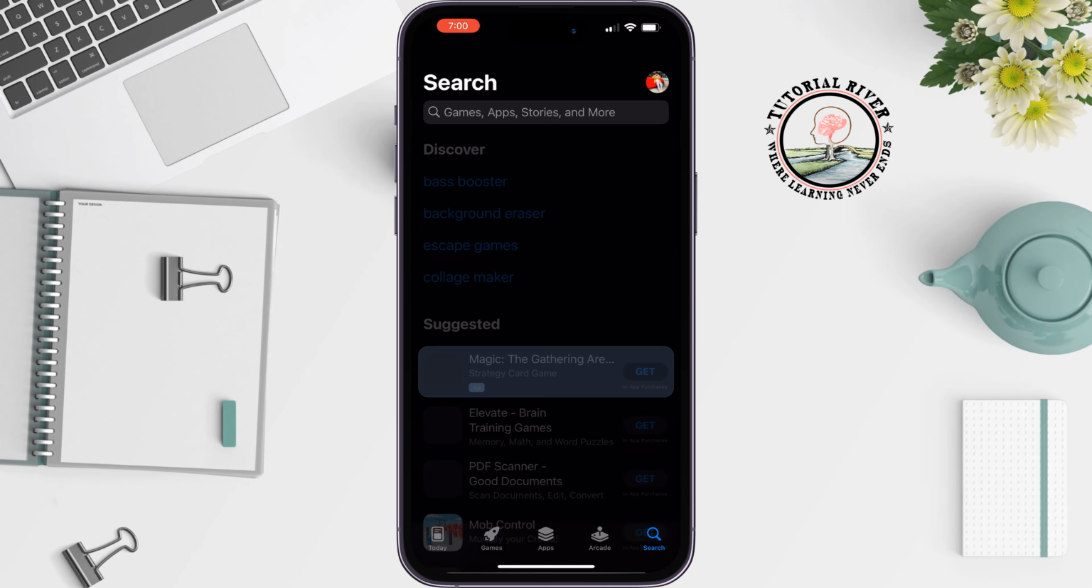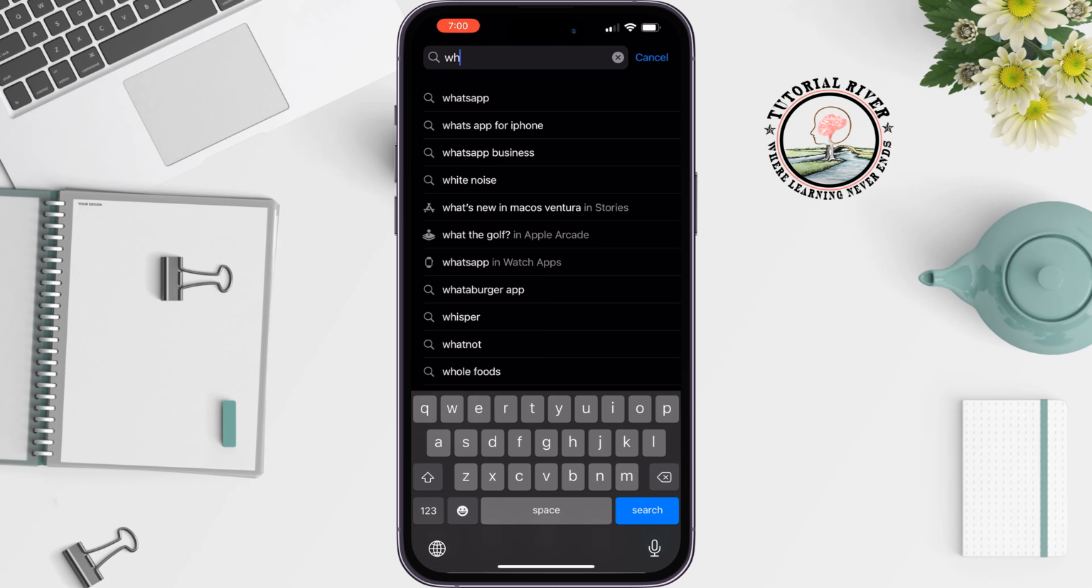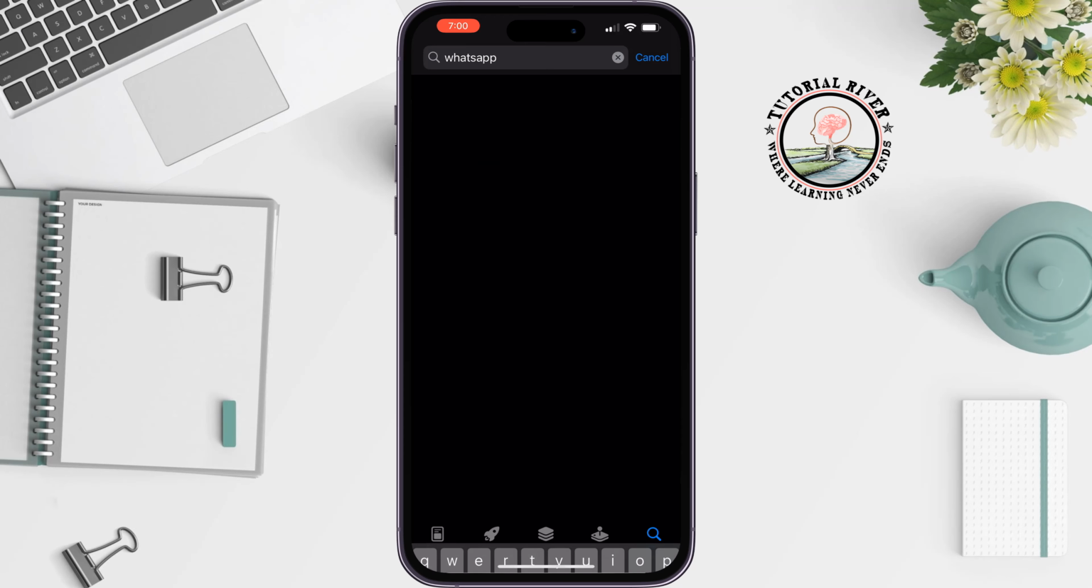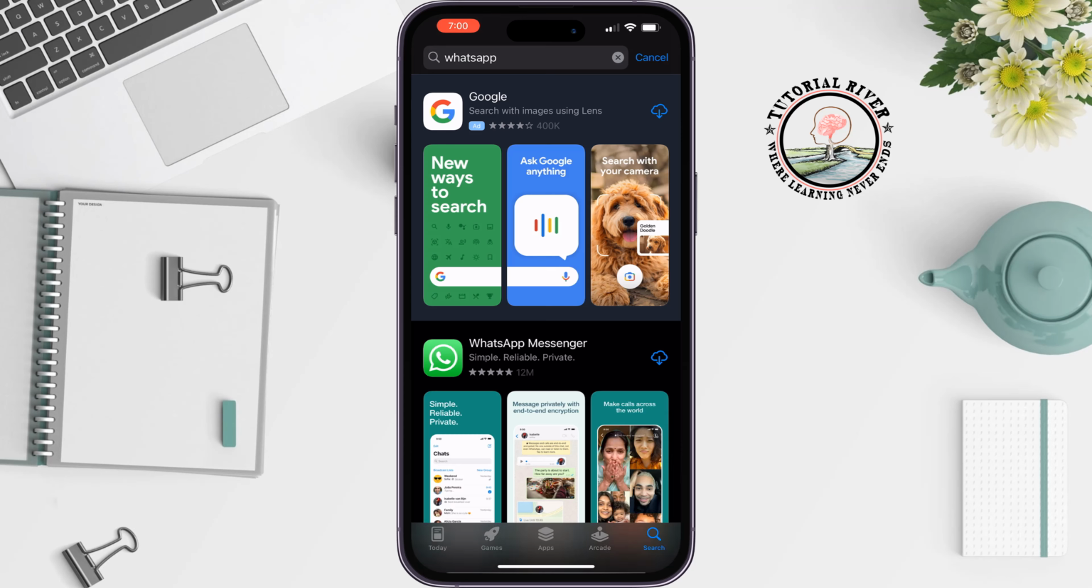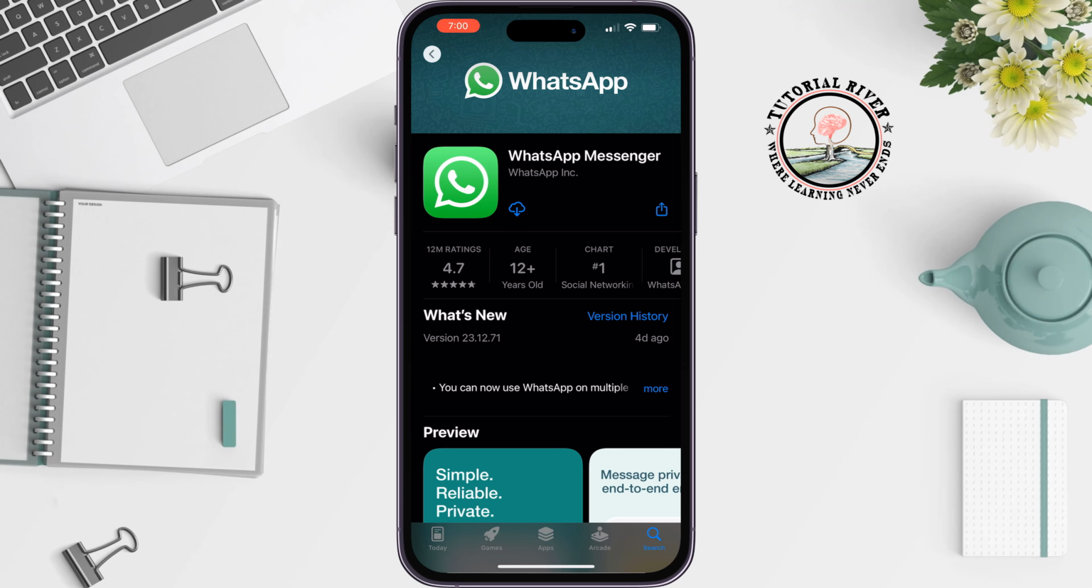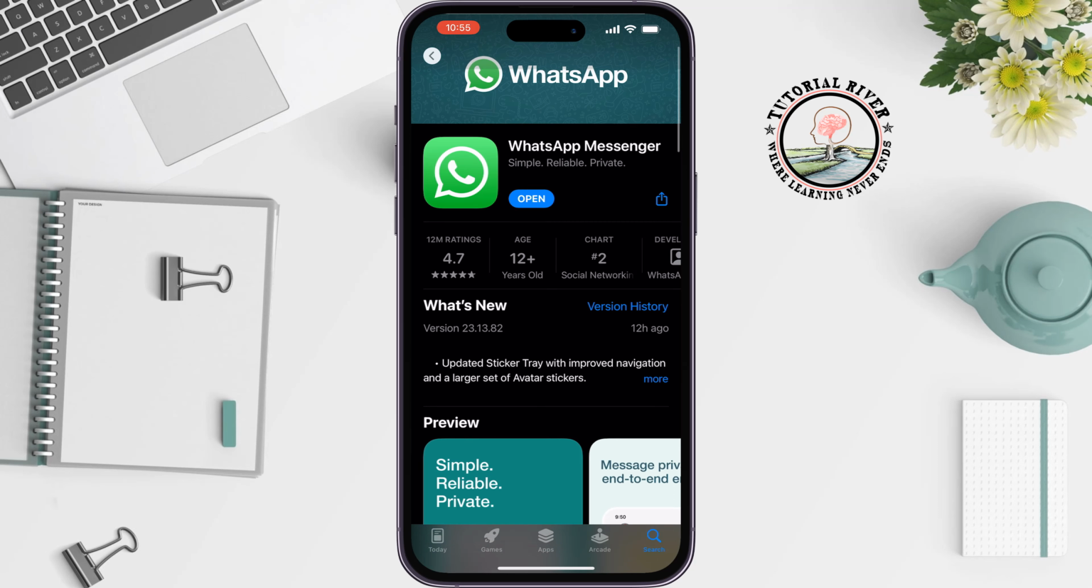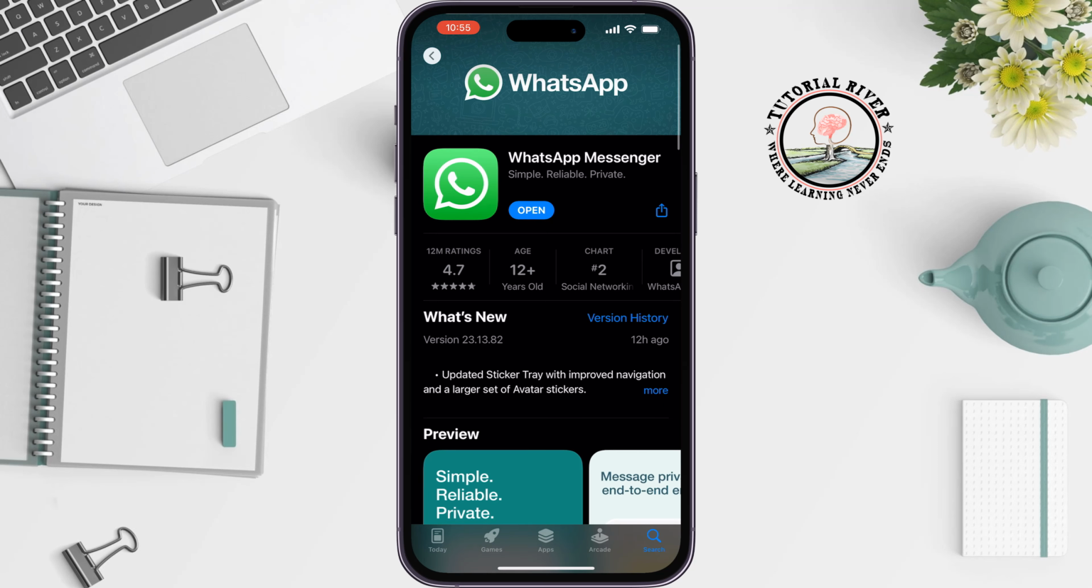And here search for WhatsApp, and all you have to do is just tap on install, and the WhatsApp app will start to install. And once the WhatsApp app is installed, tap on open,